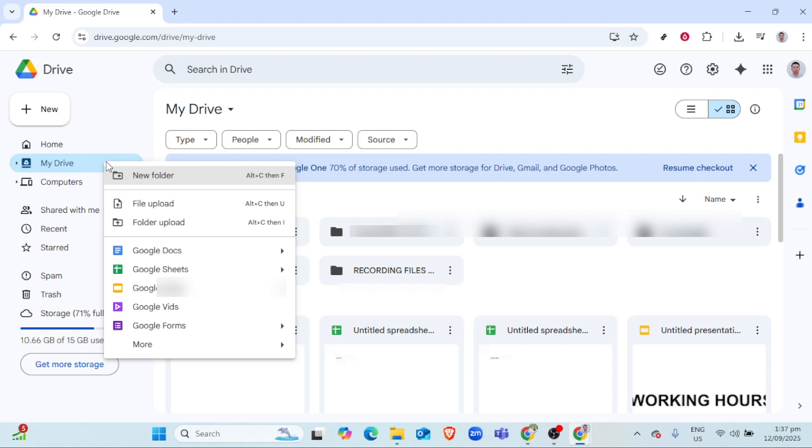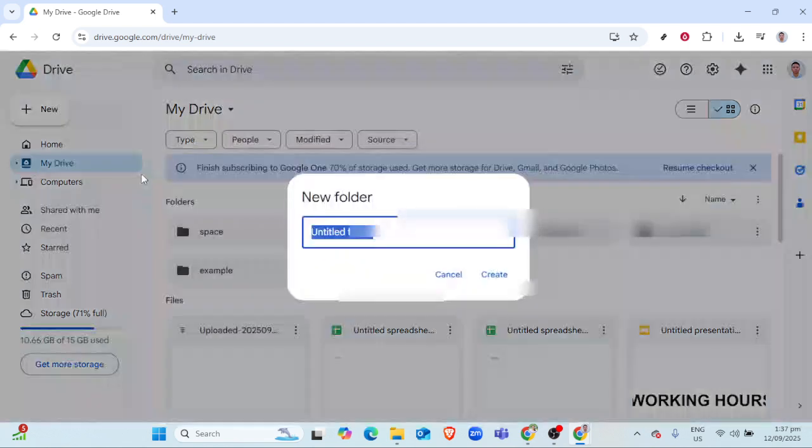Now, to create a new folder, look towards the left side of the screen for a plus sign next to the word New. Click on New, and a drop-down menu will appear. From this menu, select Folder. At this point, a small window will pop up, prompting you to name your folder. It's important to choose a clear, descriptive name that will help you identify the contents at a glance. Once you've typed the name, click Create, and you'll see your new folder appear in the main area of your